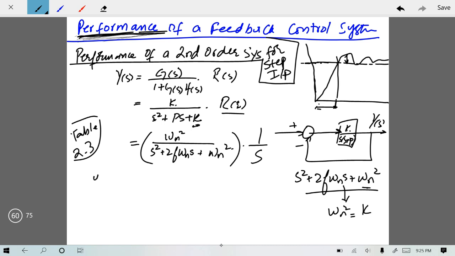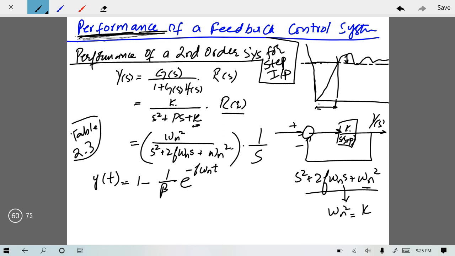From there I have y of t equal to 1 minus 1 over beta e raised to the power minus zeta omega n t. You don't need to memorize it. I am just giving you the introduction that everything is derived from this expression. You should know that I wrote 1 over s before deriving all the formulas. So from this you should know that this is for a step input, and that this is for a second order system.